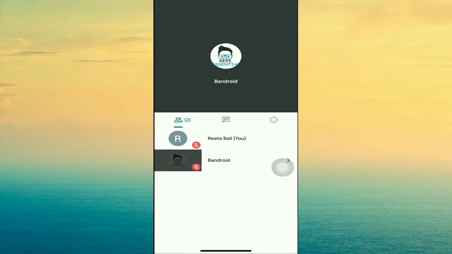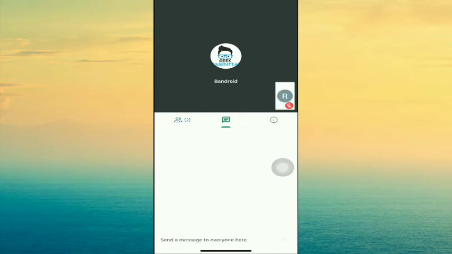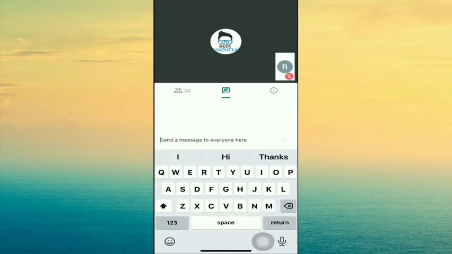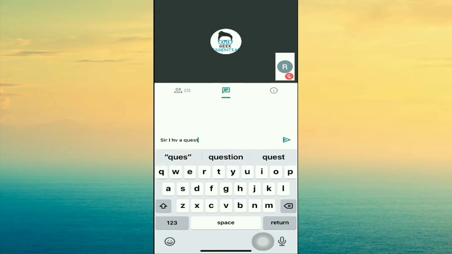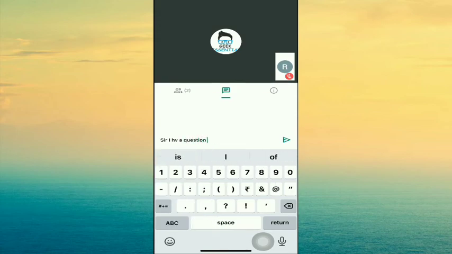उसके साथ में एक और बटन नजर आ रहा है आपको, जिसको हम बोलते हैं चैट बटन. In the chat button, when the meeting is going on and you have some queries, then you can write like this: Sir, I have a question. Okay, then you can send it.